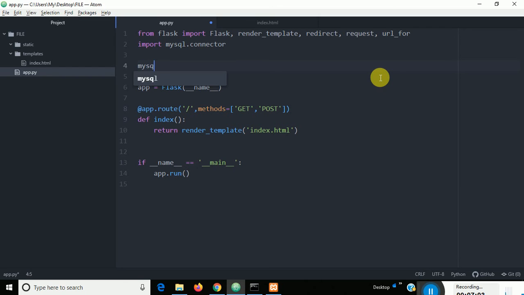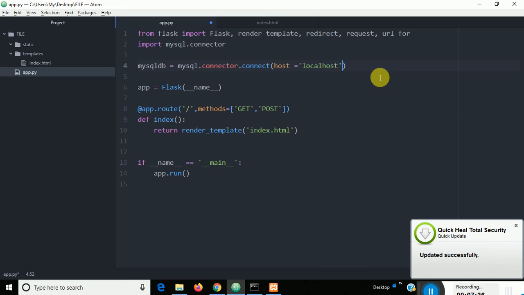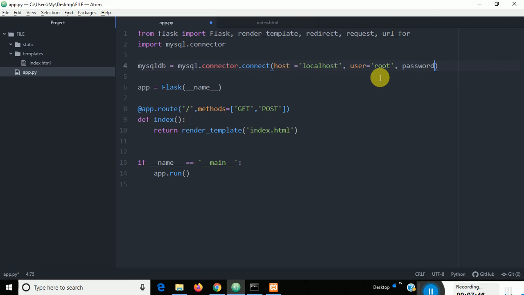Now I'll write mysqldb equals, to connect the database with the Python code: mysql.connector.connect, and in the brackets host equals localhost, user equals root, password equals admin.